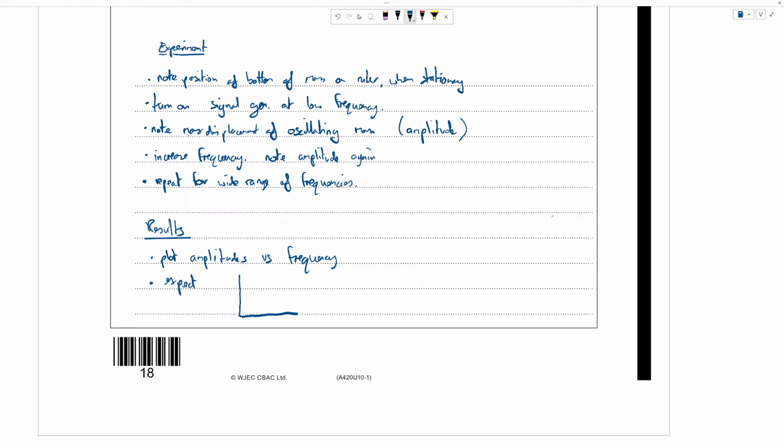And hopefully this graph looks familiar. Let me redraw those. So amplitude, frequency. We'll have something coming up to a tall spike and then tailing off again. And if I just label this F0,